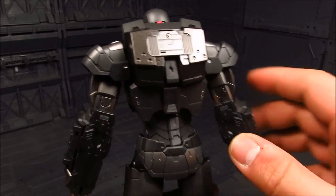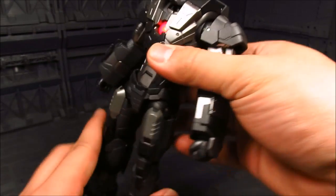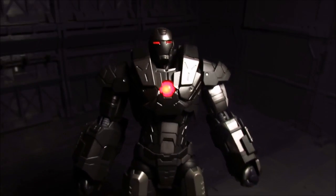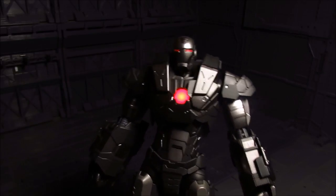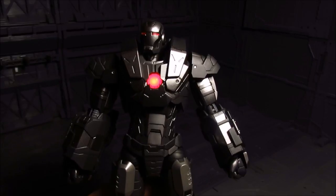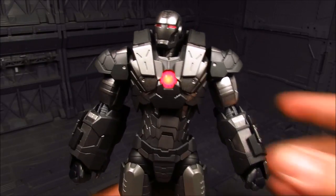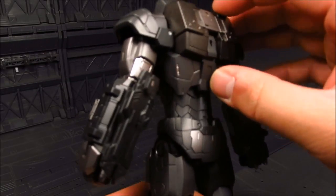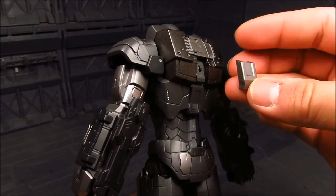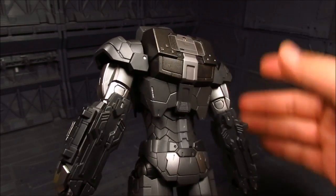Flip it up for the switch. You can see the light on the back side. Really cool. And in the front, really nice. So you get the core on his chest as well as the lights. And this is quite amazing. Like that LED. And the LED is actually just right. Sometimes it's a blinding one, kind of like the Mega Man, but this one is just right. Alright, conserve the battery. Well, then again, I do have quite a bit of LR41 since that's been used for most